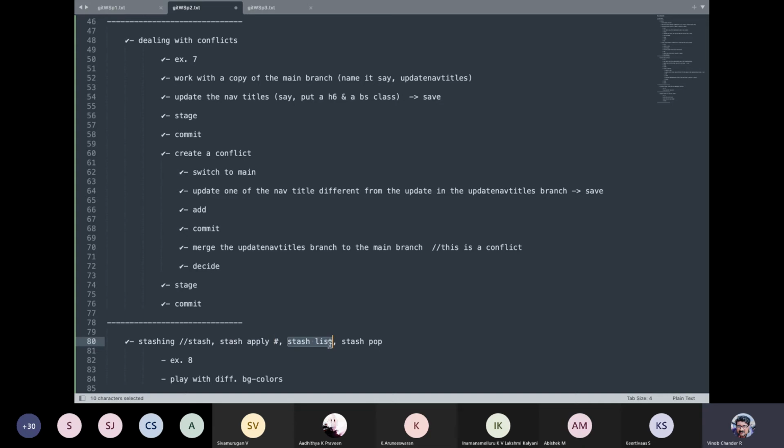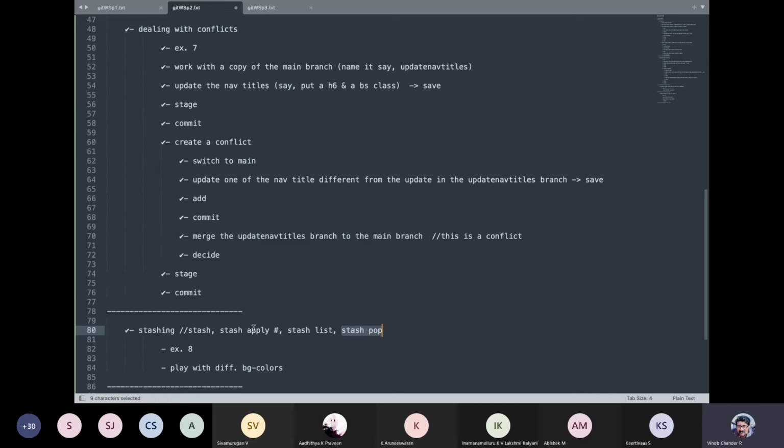You can see the different stashes that are available by saying stash list, and if you decide that I don't want this particular stash, we are done with what is required, you can remove the stash. It is in the form of a stack. So push, pop: the topmost one gets removed first. So that is stash pop.